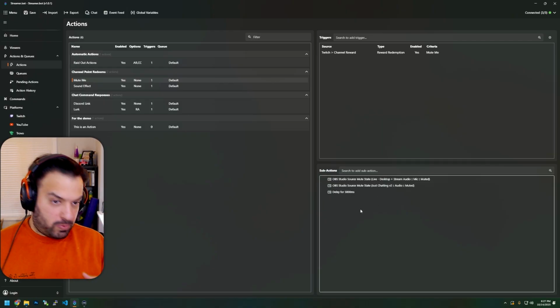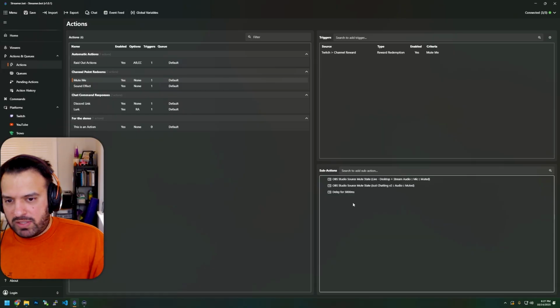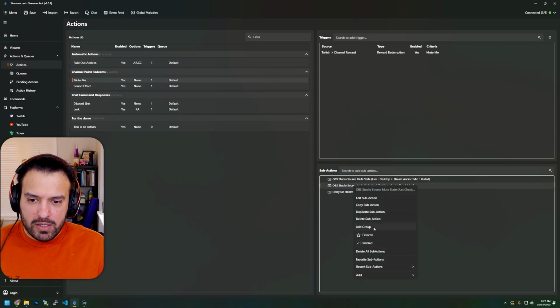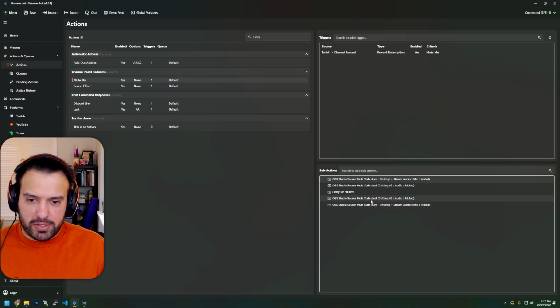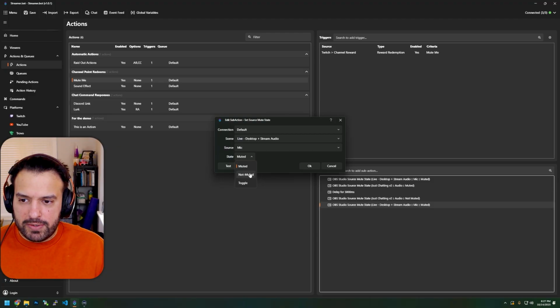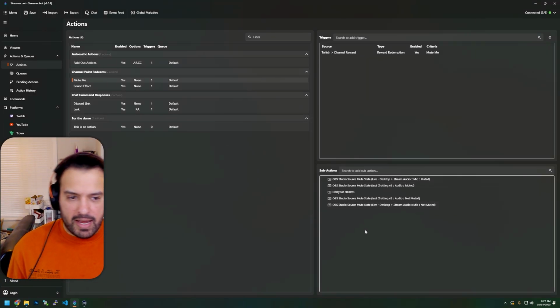And then we want to unmute ourselves afterwards, right? After the 5 seconds, we want to come back. So we could right click, OBS, toggle mute state, and set it to unmuted, or we can just take these two and duplicate them. Duplicate one twice, duplicate both, or whatever. Double click on them and switch it from muted to not muted. So now, if anybody wants to redeem that, you're going to mute me for 5 seconds,